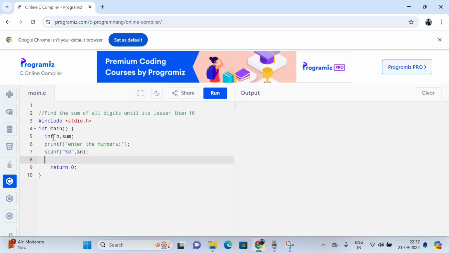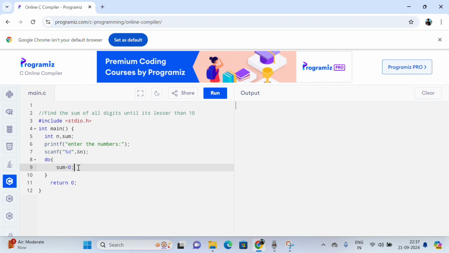I can solve this question using a do while loop, but you can use any loop like a while loop or for loop. I choose the do while loop here. At first we open the do body, and here initialize sum equal to 0, which I declared here.